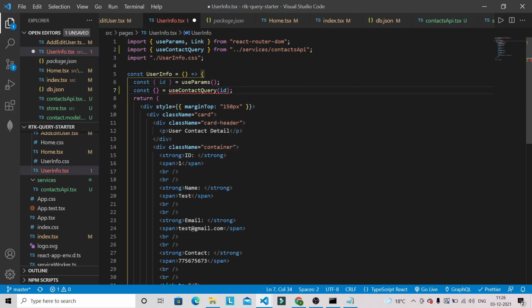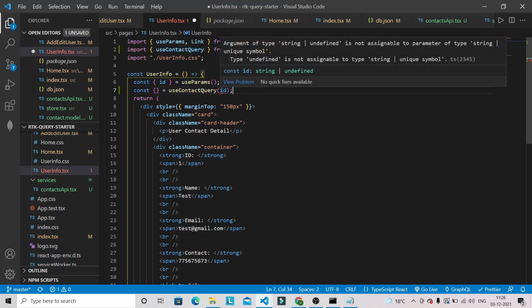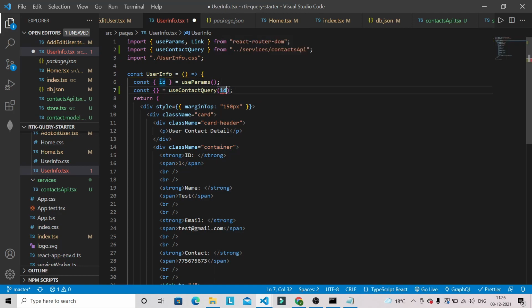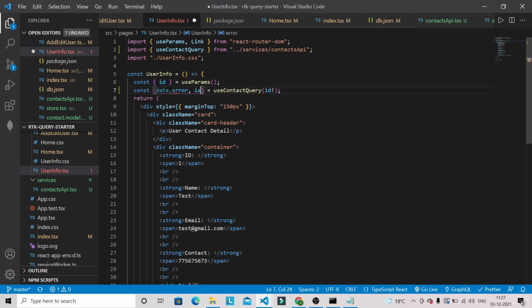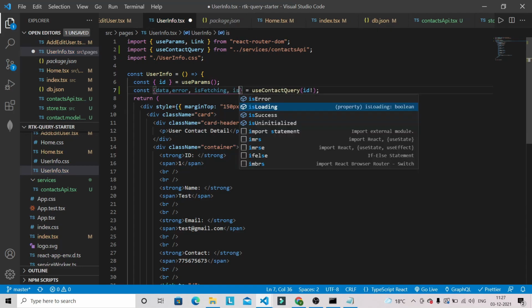Okay, and here you will get a warning, like you can see that type undefined is not assignable to type string. So you can just add an exclamation mark, so the error will be gone, and now we will get our data. Okay, and here also you're going to get error as well. Okay, error, is loading. So all these properties you are going to get from this query. Okay, so you can use this one.